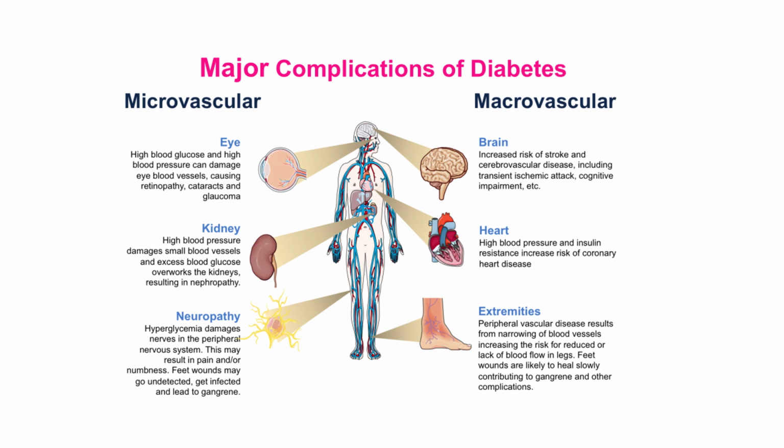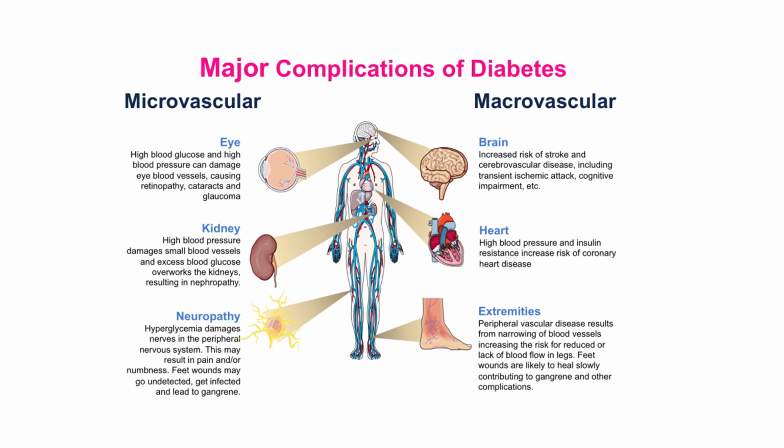And in the nerves, hyperglycemia damages nerves in the peripheral nervous system. This may result in pain or numbness. Feet wounds may go undetected, get infected, and lead to gangrene. And this is one of the main complications. I think it's been documented that diabetes complications are the second most common cause of amputations, second to road car